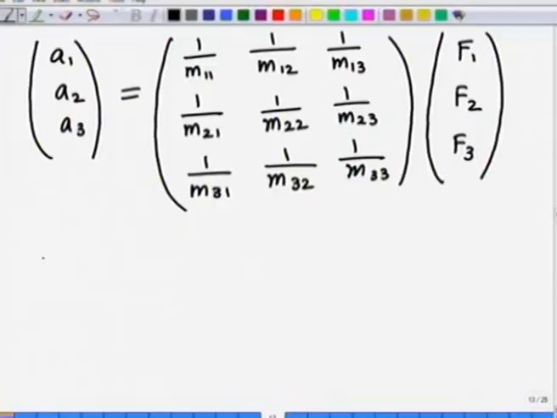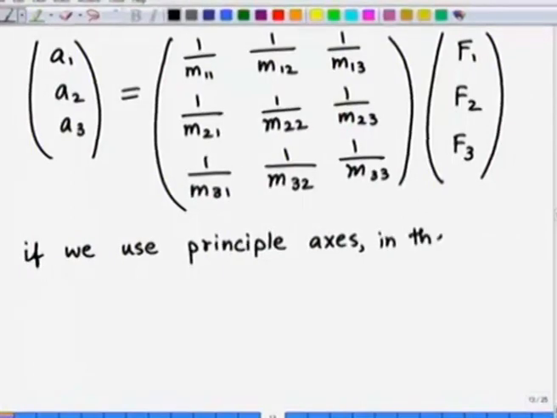Once I know the effective mass, I can also extract what the effective mass is. Once I have the effective mass, then I can apply that to a force equal to mass times acceleration kind of behavior, and then use it further. Except let us make a small simplification. If we use principal axis, in that case